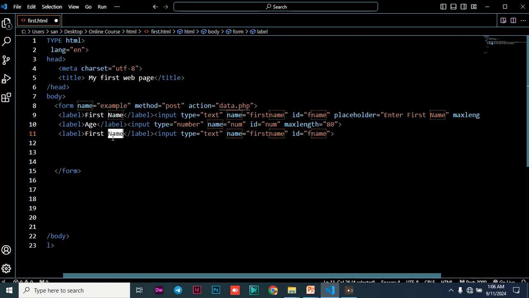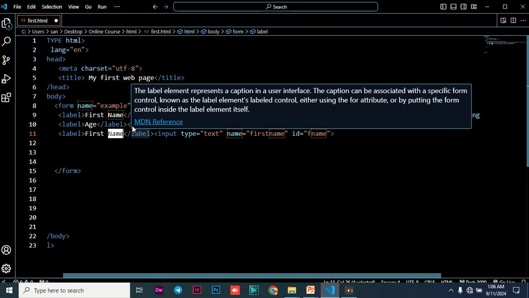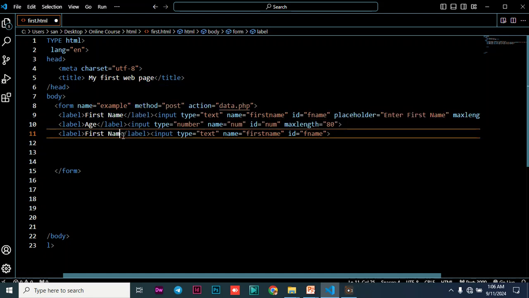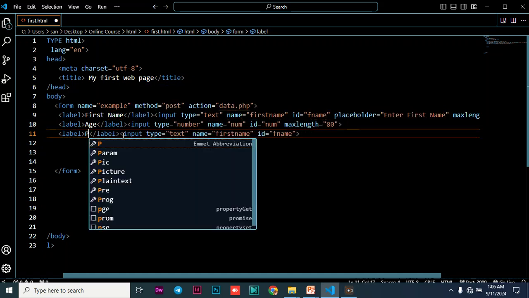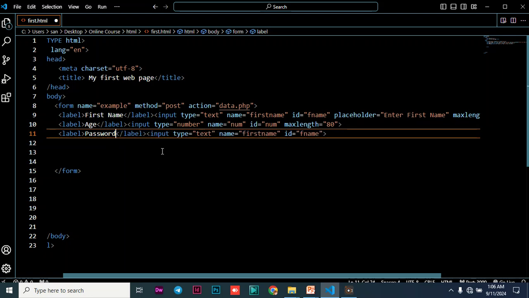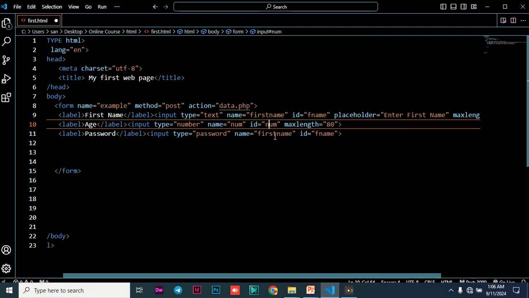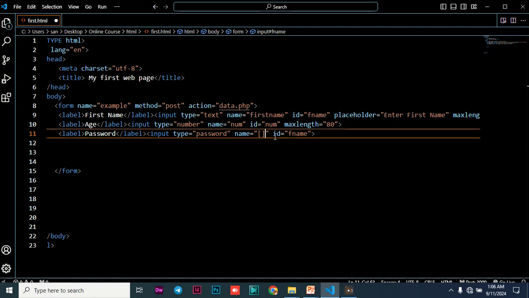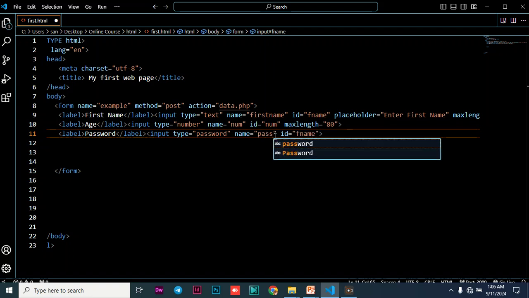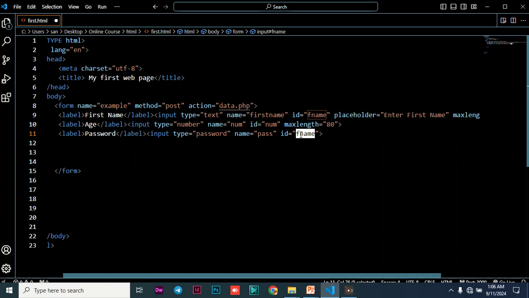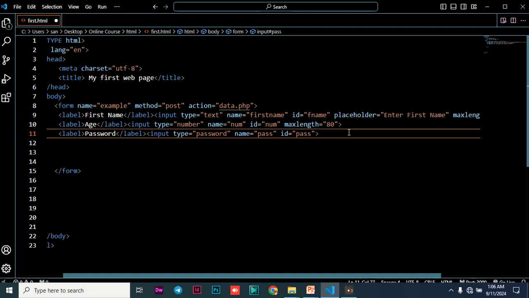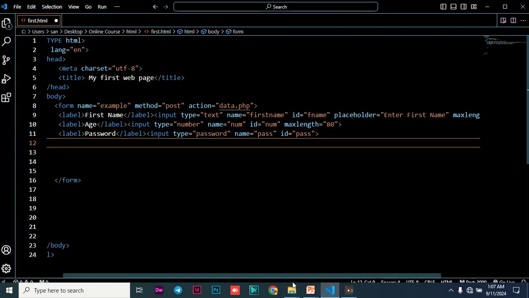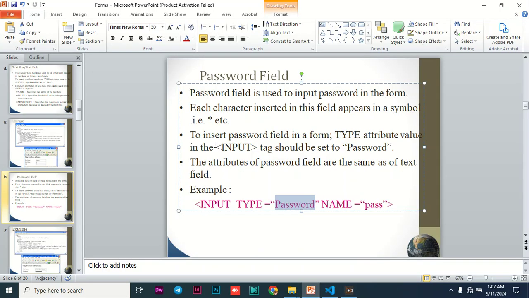password, you can just say that we have got the name password. Just say password, and then inside there you can just type text is supposed to be password. Okay, and then you can just put pass as the name, and then you can also say the ID to be pass, like that. So that's how you can incorporate the password field, and also you can have confirmation